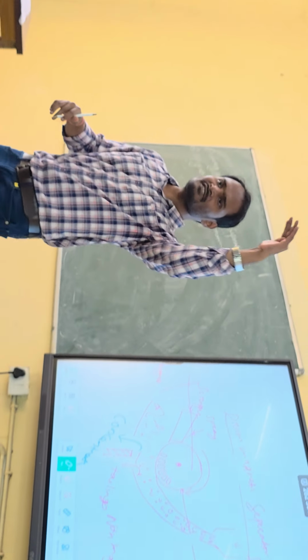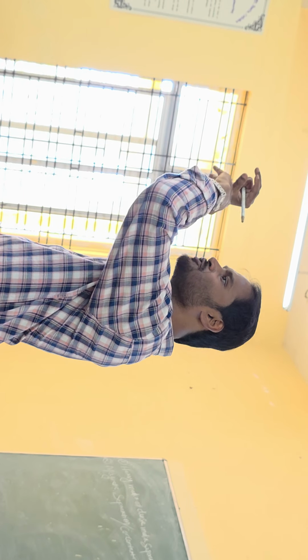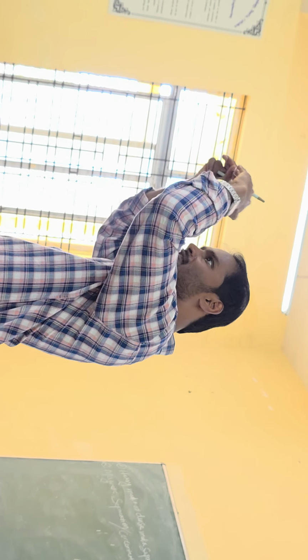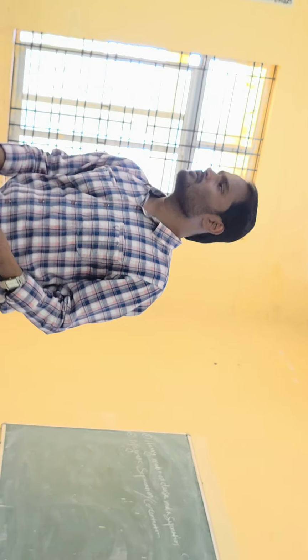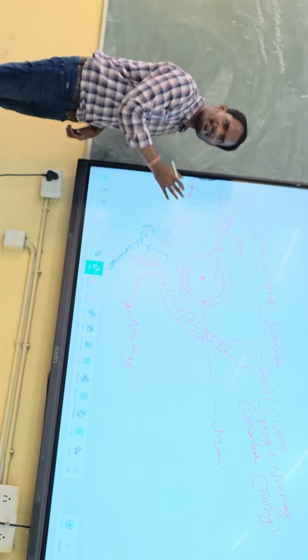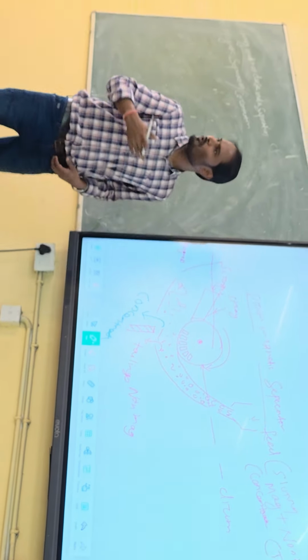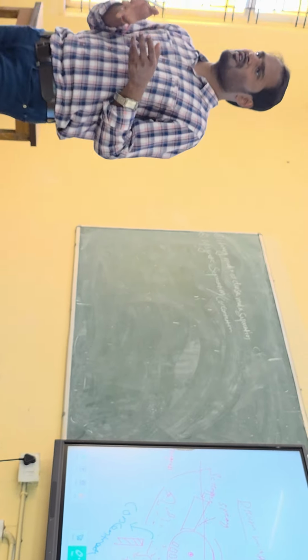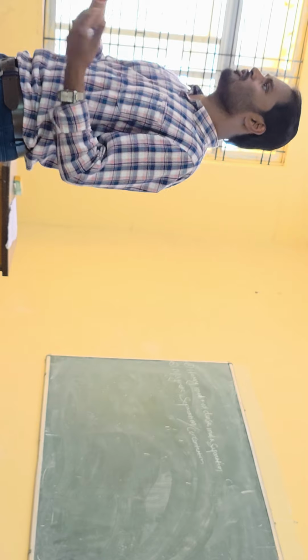Scraper means, you understood, it will do scraping, a scratch kind of thing. So this is a scraper and this is, suppose, rotating, for example. The minerals which are attached to the drum will get removed at this point. They will just fall down. And you are also spraying water. Two things are happening: you are spraying water and the scraper is there. Is it fine? Very simple. Shall I tell it again? You understand my point? So this is called a drum magnetic separator. You can use a very strong magnet, you can use a very low intensity magnet, whatever you want.